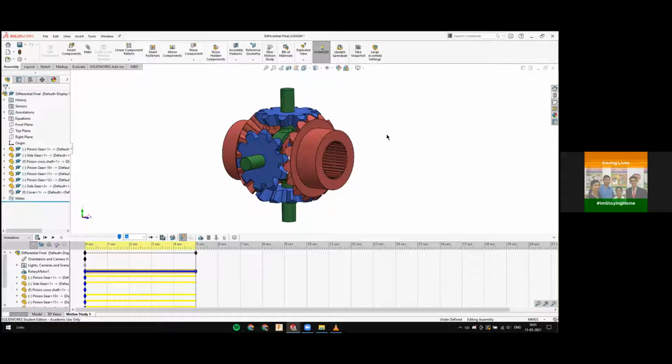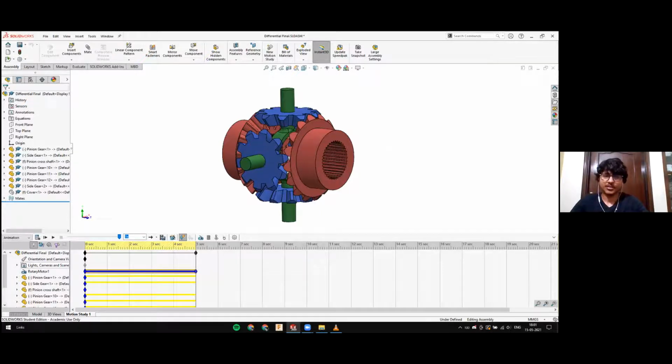Since this is a dynamic part of an automobile, it is going to undergo some motion when the vehicle is in motion. So we need to do a motion study, so as to check that there is no interference between parts. When the parts are going to move, a part is not going to collide with another part. That's the purpose of checking the motion study. Now Ishan will say how the motion study is to be done.